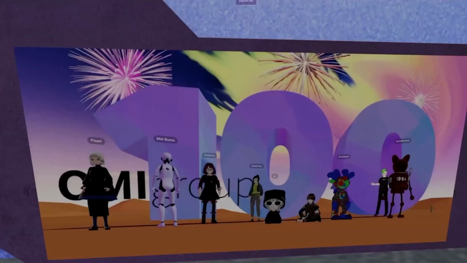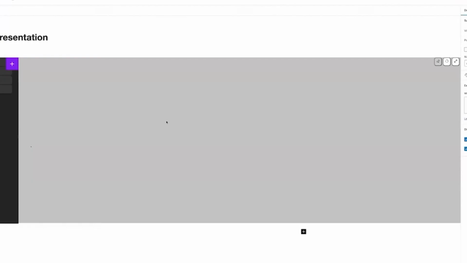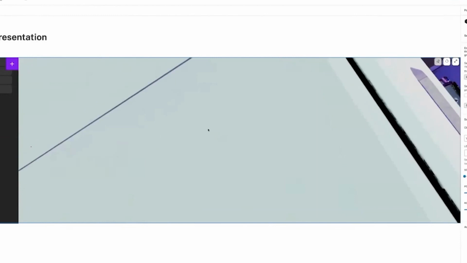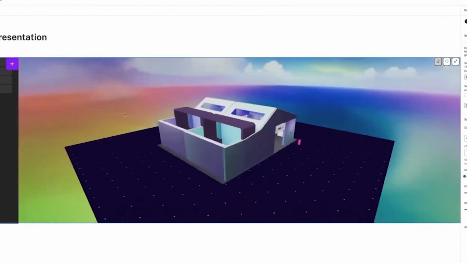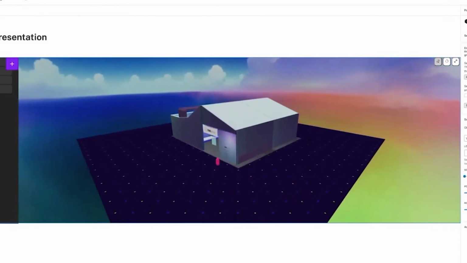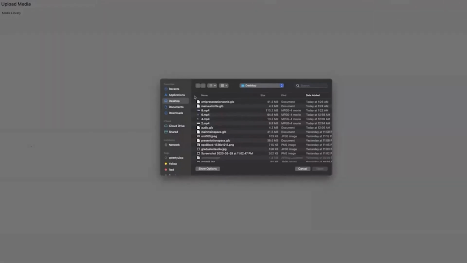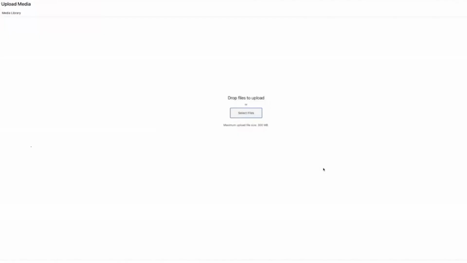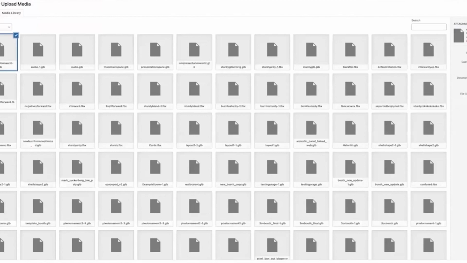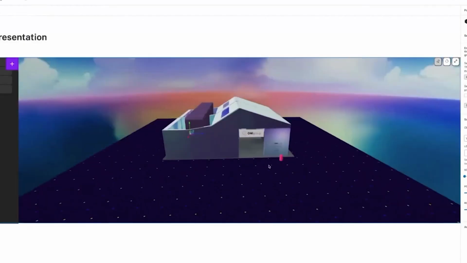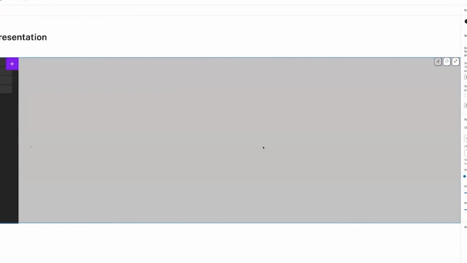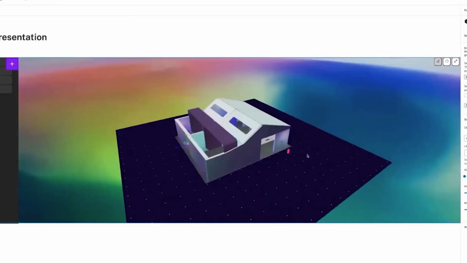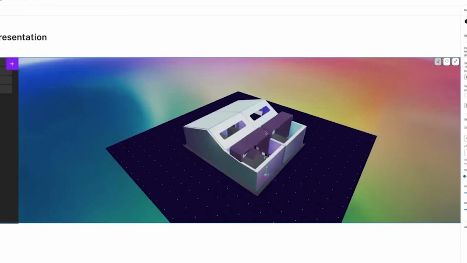But yeah, I'll go back to my room here. I'll edit my post. So this is my app 3 object viewer. And you'll see the world loads in here. This is exactly what we expect. There's the spawn point. So I'll replace the environment with the one that I just created. I'll select it and upload that gigantic world, and that'll replace it, and then we get the new version of it. Oh, it's got to load. So that's how you would update it if you had changes to your extensions.